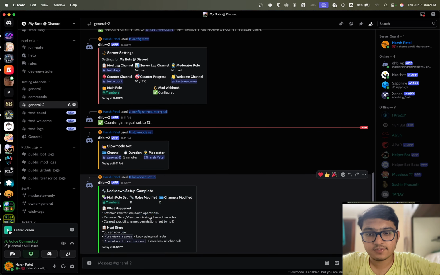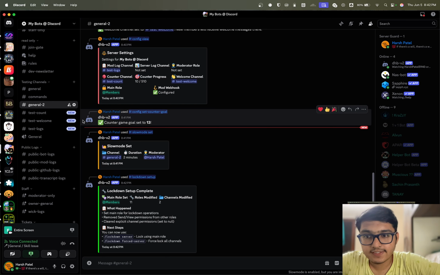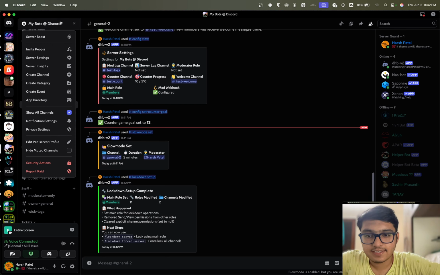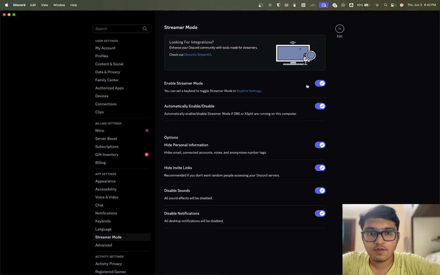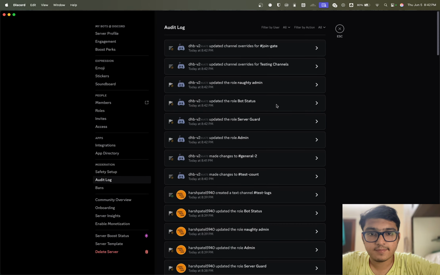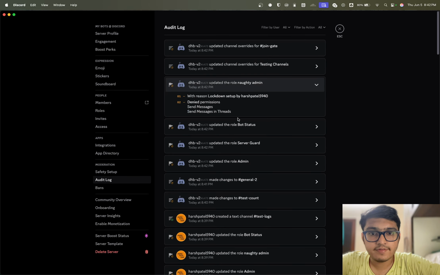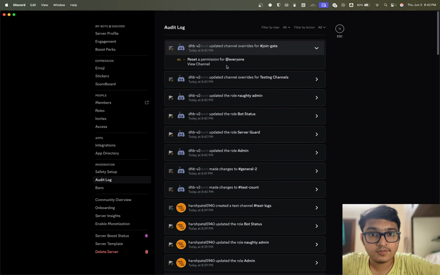Once this is done, you can see that it has modified 11 roles and modified 2 channels. Let's see what it has done majorly. We'll just quickly go to the audit log, and let me disable this. So you can see that all the permissions, it rightly disallows permissions from roles, also removes from channels, and then